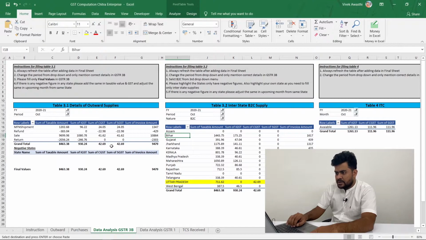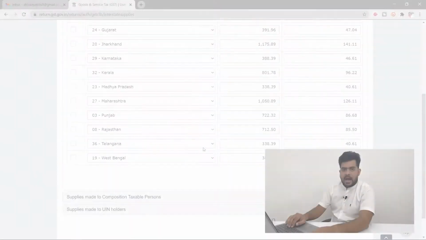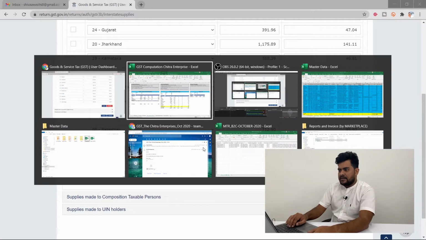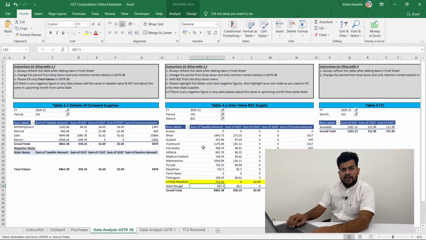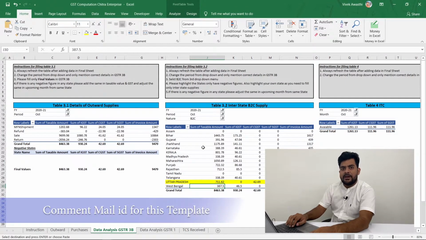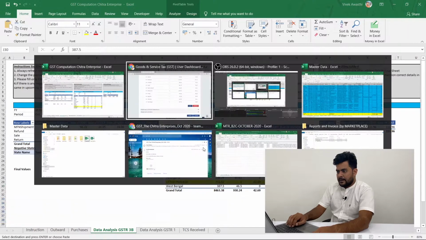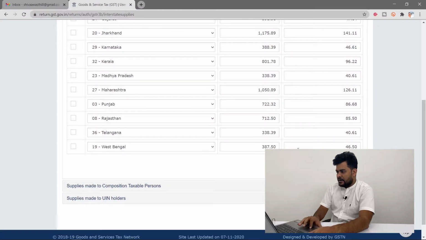Like Bihar, Gujarat, Jharkhand, Karnataka, Kerala, we have made these supplies to unregistered customers. So we are putting in these details. I have entered all the data from that template. If you don't have this template, then please comment your email ID so that we can provide you this template. So I am confirming this.